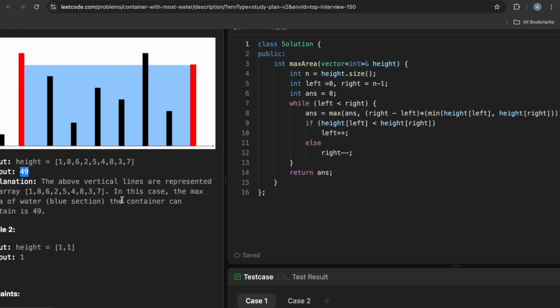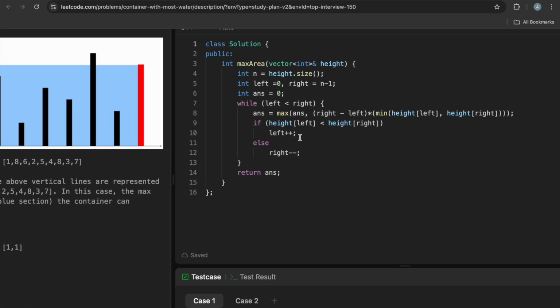Let's see in the code how it is being implemented. So we are given a height vector, and we define n as the height size. Then we define our two pointers, left as 0 and right as n minus 1, and we also define our answer as 0, and then we will impose a condition: while left is less than right, then we will update our